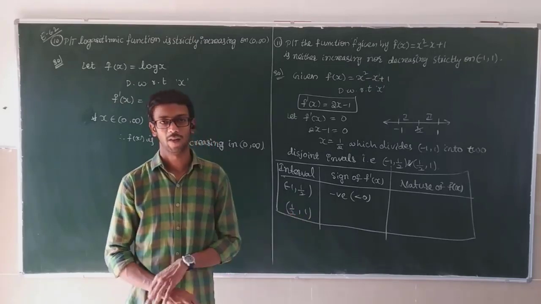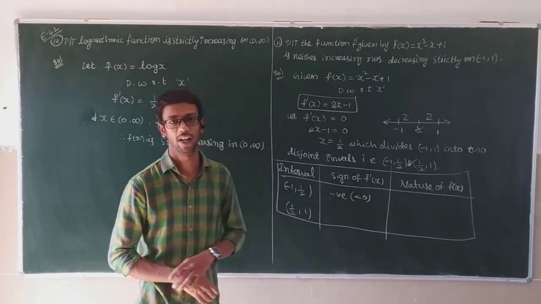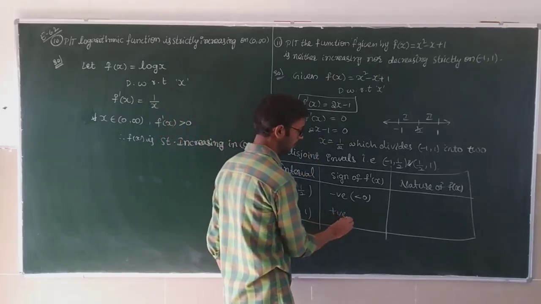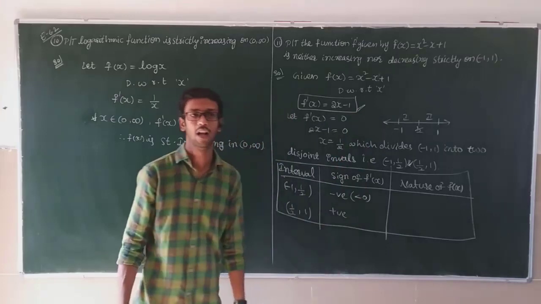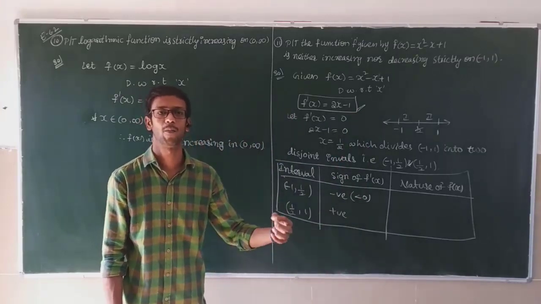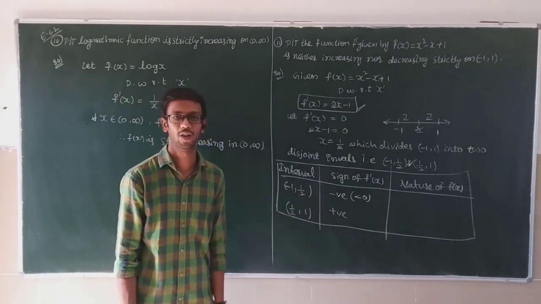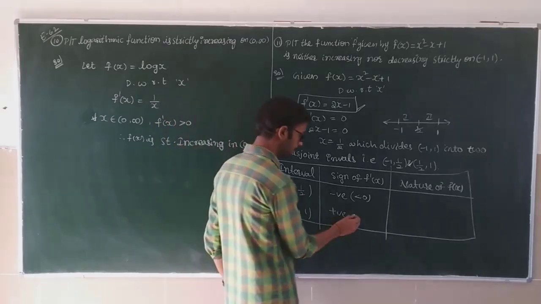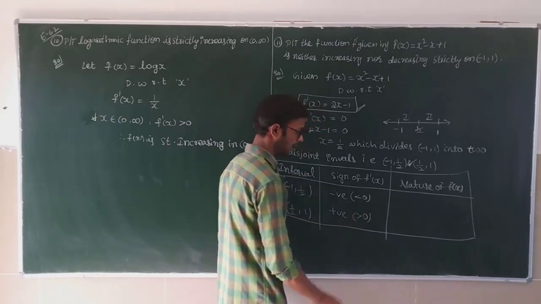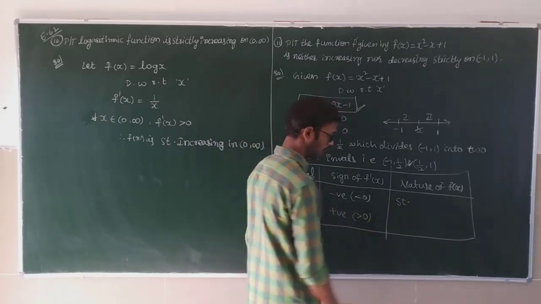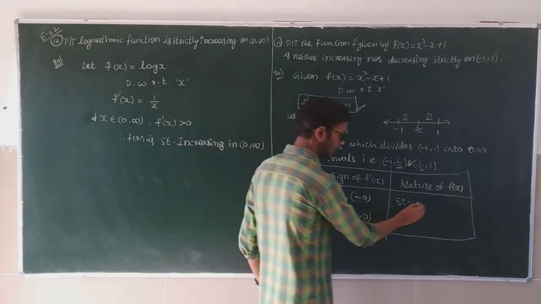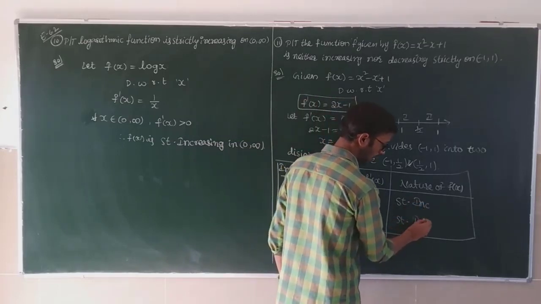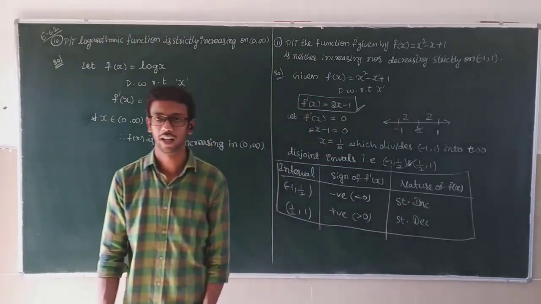1 by 2 to 1, more than 0.5: any value you substitute, you will compulsorily get positive. Here in this one you have to substitute. Any doubt, substitute one point and calculate, positive or negative, you write. Just positive or negative, no need to write that point. Greater than 0. Here strictly less than 0. Strictly increasing, strictly decreasing.